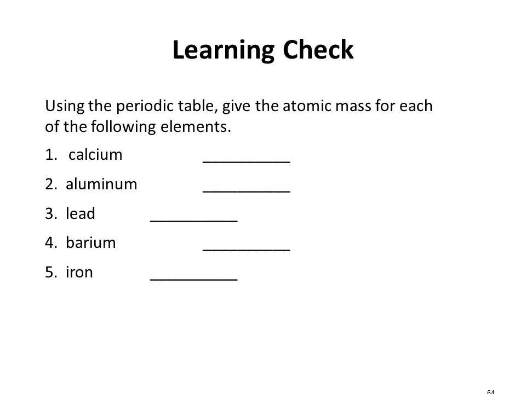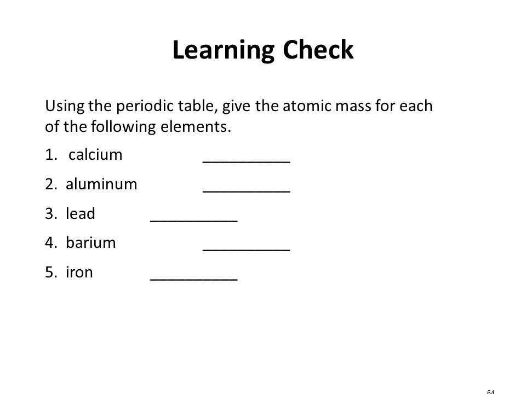So here, if we look at the periodic table, if we're given these elements, we need to find the atomic mass for each of these. So calcium is found in group 2, period 4, symbol Ca, which has the atomic number of 20 and the atomic mass of 40.08. Aluminum is found in group 13, period 3, symbol Al, atomic number of 13, and so that's the atomic mass of